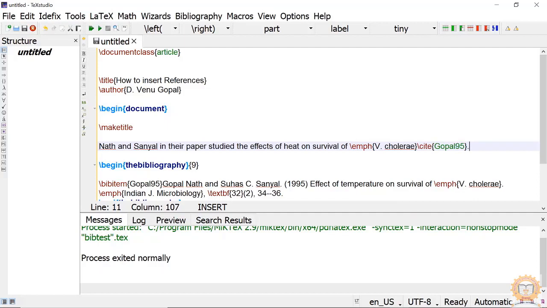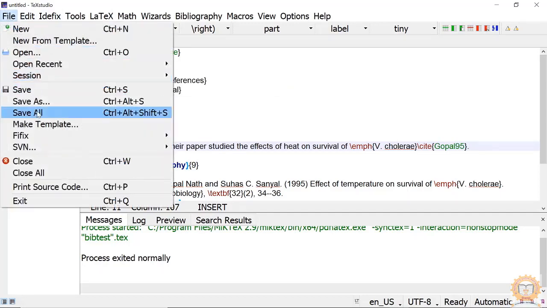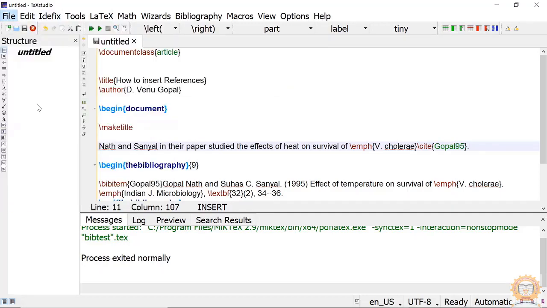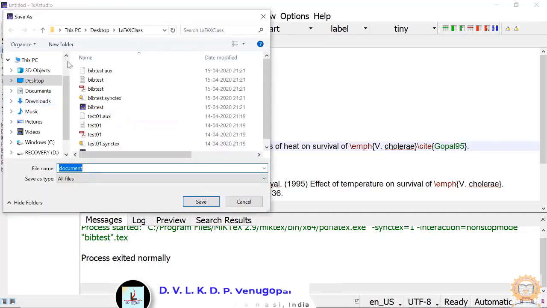Then before doing anything, first we have to save this one. So I am saving this, as already told, always save your work to a separate folder.